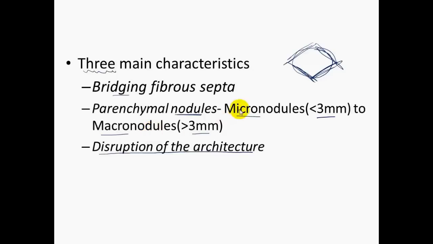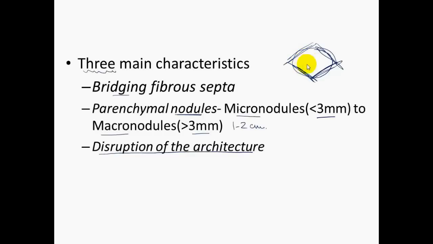But anyways, that is not important. That's only a structural differentiation. It does not really carry any clinical significance. More or less, they are small nodules, and here you have these big nodules more than 3 centimeters. They may reach up to 1 to 2 centimeters in a few cases, right? So you have this bridging fibrous septa, you have parenchymal nodules, and of course, if you have this,